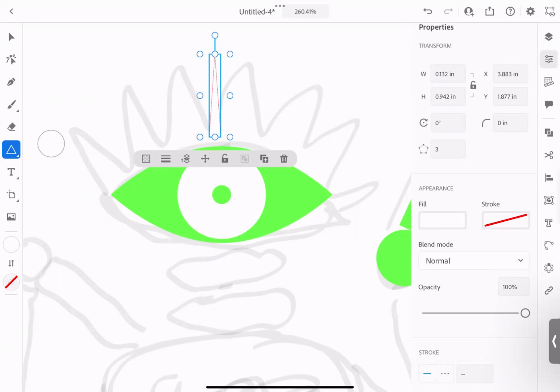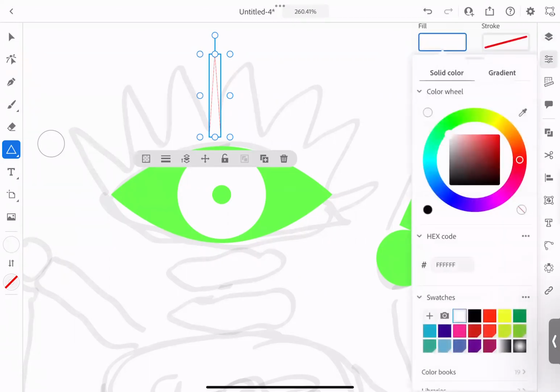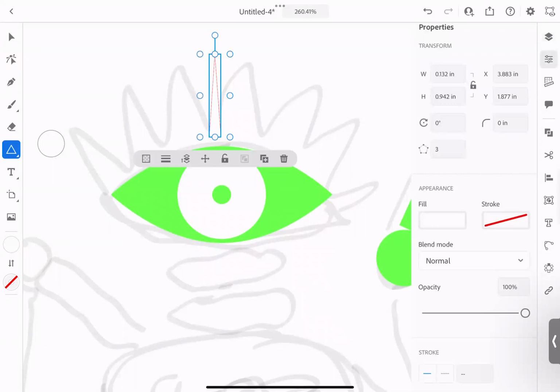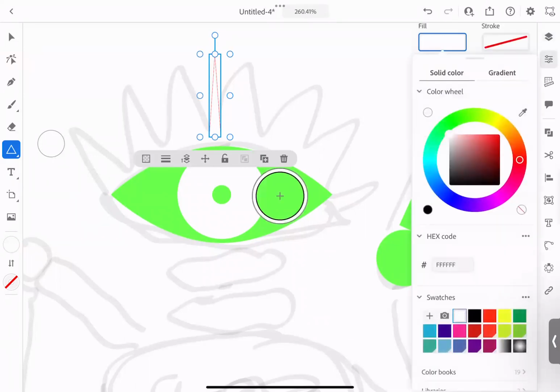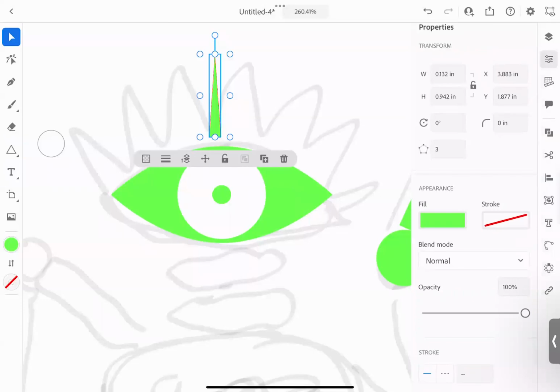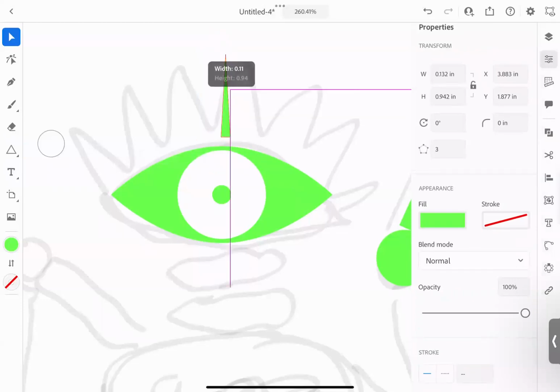Where's my little eyedropper? I don't have an eyedropper. If I choose the fill, there's the eyedropper. I can choose this. Come on. Eyedropper. Yeah, not doing it. There. Okay. So now I filled it with the green and I'm going to put it right